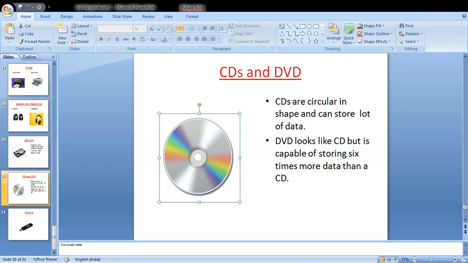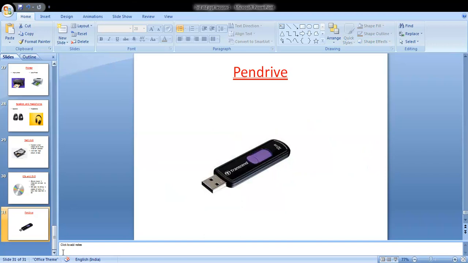Automatically, the drive will go inside the CPU box. When I press here, it comes out automatically, and after that you can open it on the computer. Understand?